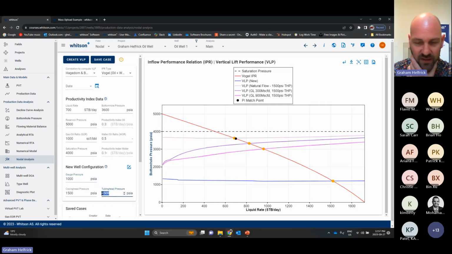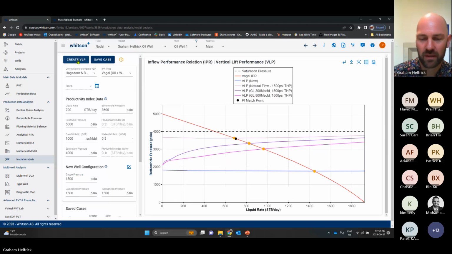Oh yeah, so the surface pressure is absolutely being ignored when we have an ESP in the well. Okay, so it doesn't do anything with that data. That's right, but the gauge pressure is an input. So for example, if I change this to, let's say 1,500 pounds, I'll admit this should actually say pump intake pressure. Okay, so if I change it to 1,500 pounds and I make a new VLP, now our ESP